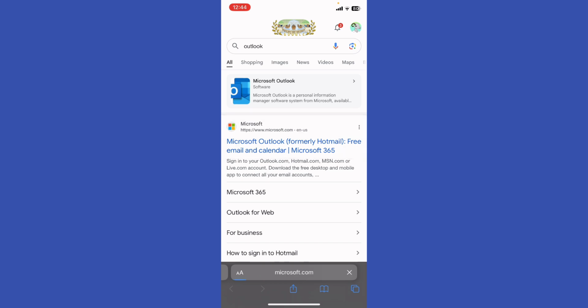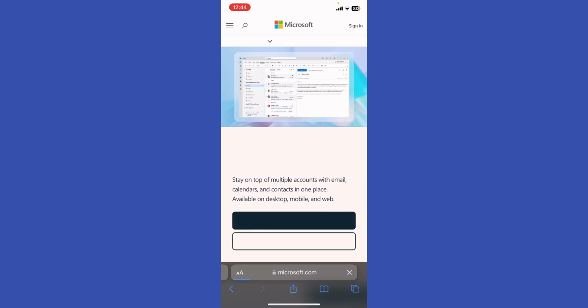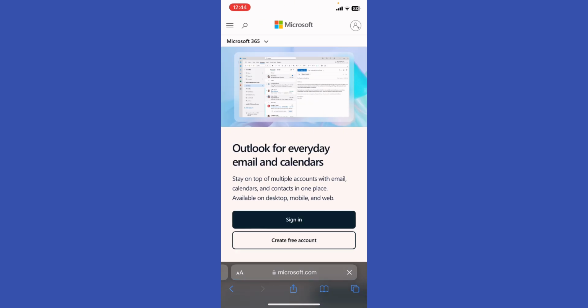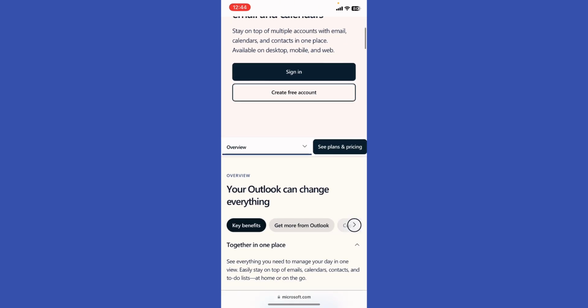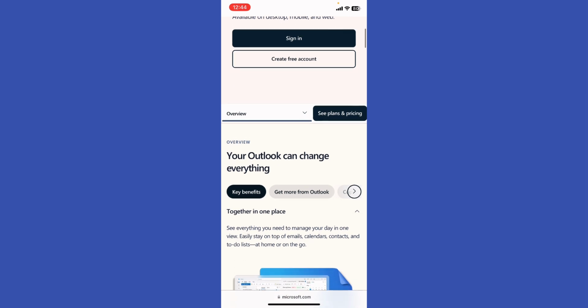connect, and then select either IMAP or POP. IMAP is recommended for syncing across devices, and then for IMAP, incoming mail server, and then port 993, encryption SSL/TLS, and the outgoing mail server SMTP is smtp.hostinger.com. The port is 465, and the encryption is SSL